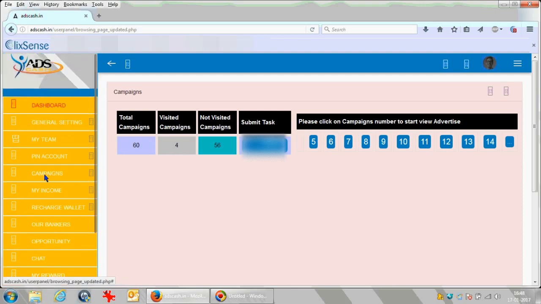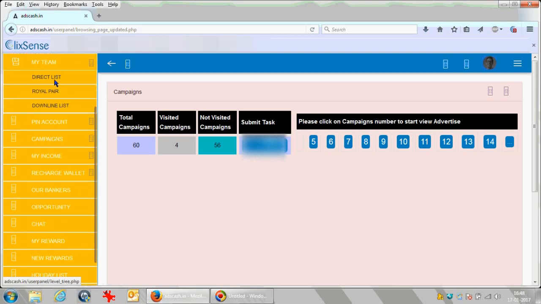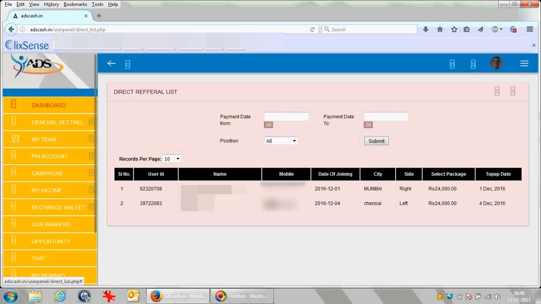And one more thing what you have to see here is my team. Direct list. This shows who are the people who are directly linked to you. As of now, you can have 2 people under you, one over to your left and the other to your right.